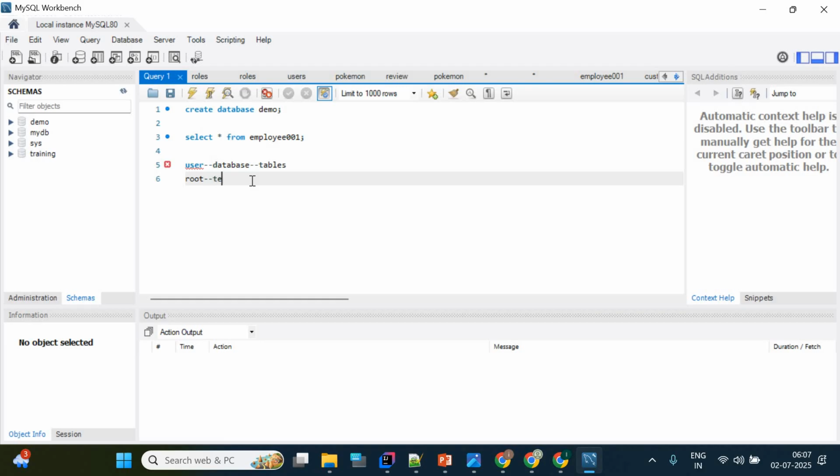So I can say that could be Tag with Soft, suppose Tag with Soft. In Tag with Soft, what could the tables be? I will create an employee table, I will create a department table, right? So the employee table has employee information, the department table has department information, right? That way I can create a number of tables. So you should know that hierarchy. If you know the hierarchy, well and good. First, what user you are going to use, right? Then what